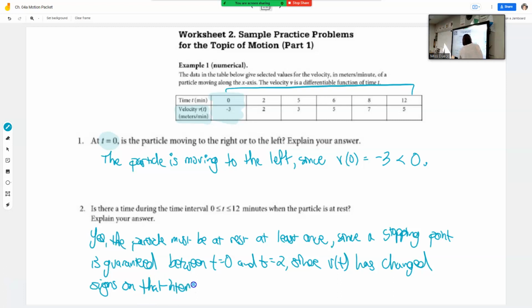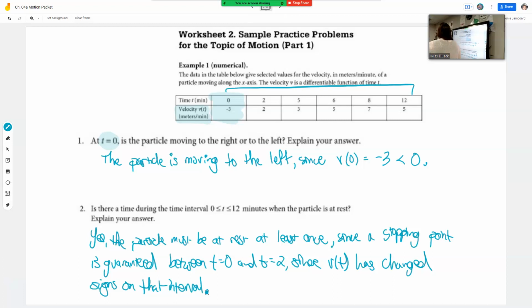This is my way of putting it. It's not a magical way. It's just right off the top of my head, putting all the information together. Do you have another way of saying it, thinking it, justifying it? Let me know now. In between t equals 0 to t equals 2, it goes from negative to positive. Take off the it and put in either V of t or velocity.